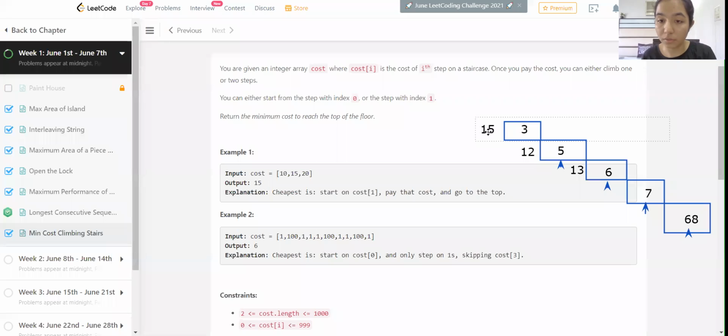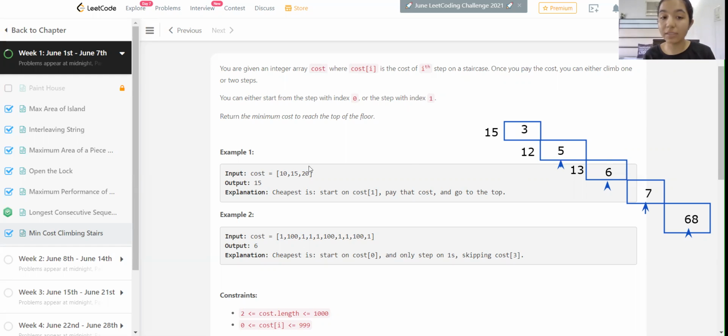Now what we are going to return is the minimum cost out of these 2, that is the last step and the second last step. Whichever is the minimum, that is what we're going to return, because as mentioned, we can skip the first step or directly go to the second step, or we can start from the first step. So in accordance with the pattern, we can return the minimum of the last and the second last step. So the minimum is 12. So our final answer would be 12 and not 15.